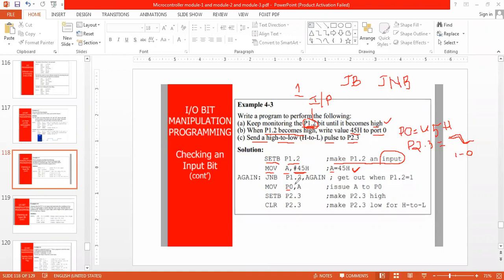In the previous class, we discussed that. But still, not an issue. Move A comma hash 45h because 45h has to be sent upon port 0.